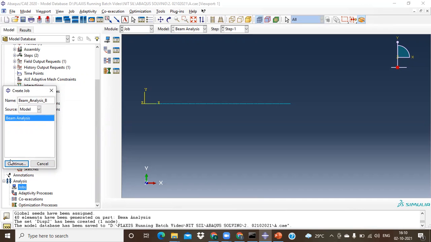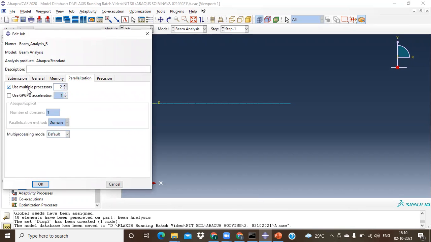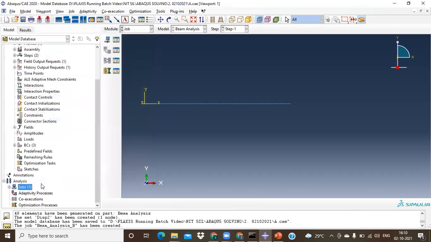It did not allow the spaces. Okay. For parallelization, I would like to go ahead with 4-core solutions that I need to use. I'll teach you those things also, guys. So right click on this and submit for the calculation.